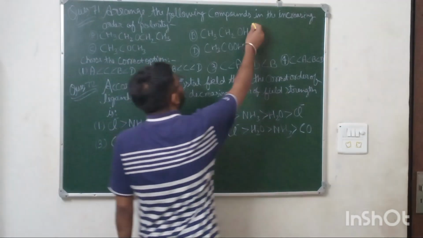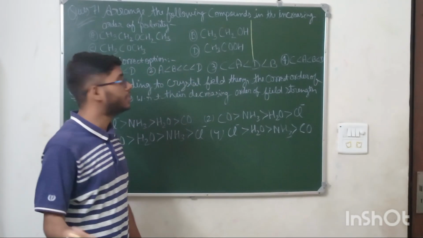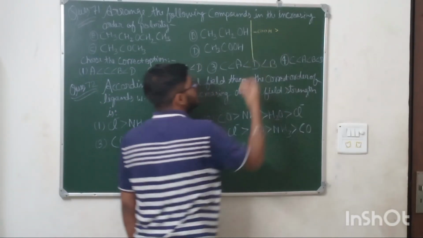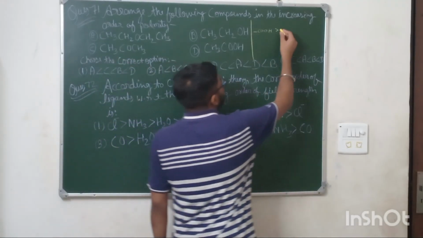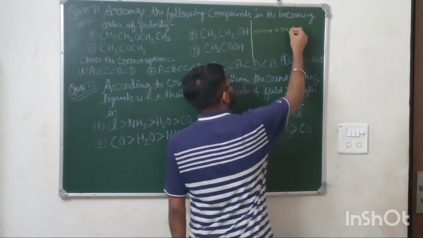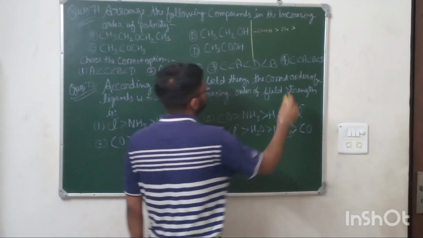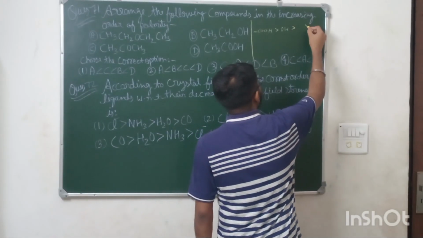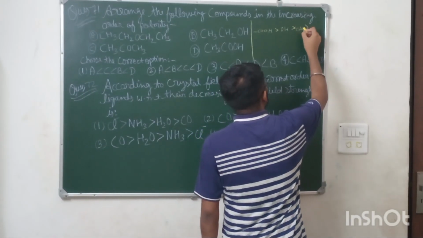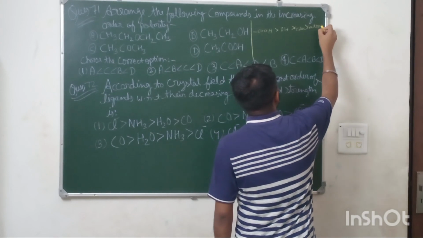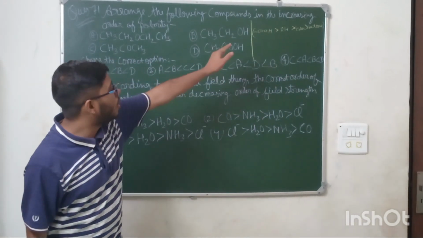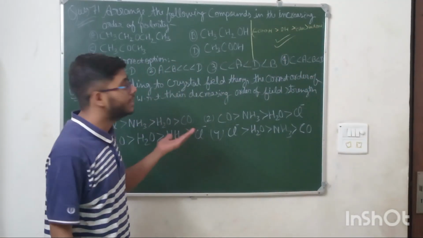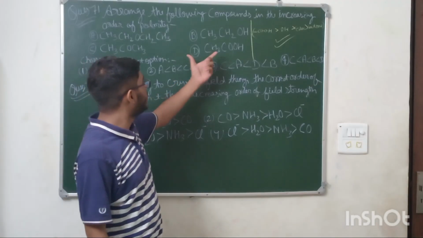So if you remember the order of the polarity, then you can just mark the answer. Always remember the polarity of the carboxylic group is always the greatest. It's the highest, and then alcohol, and then ester and ketone. Ketone is the last. This is the priority order of the polarity of the functional groups. So the carboxyl group has the highest polarity, so it means D part.